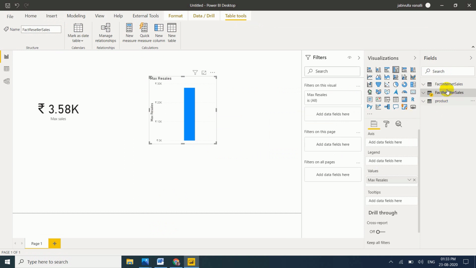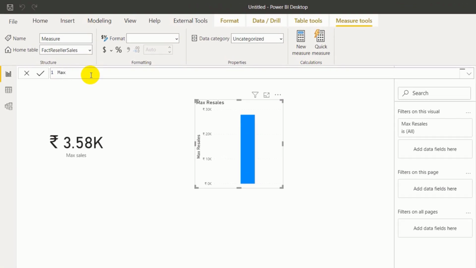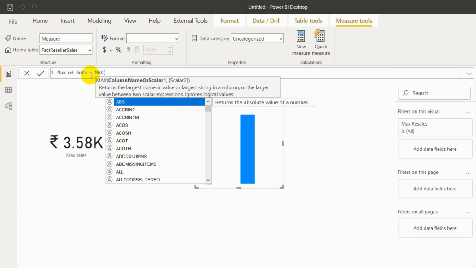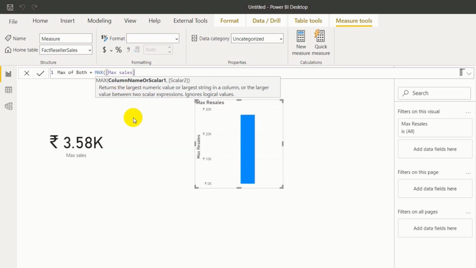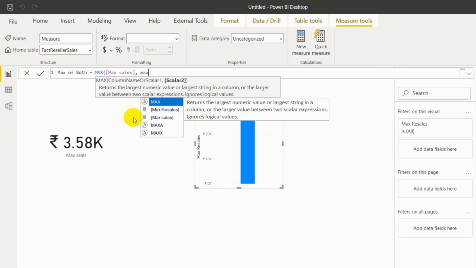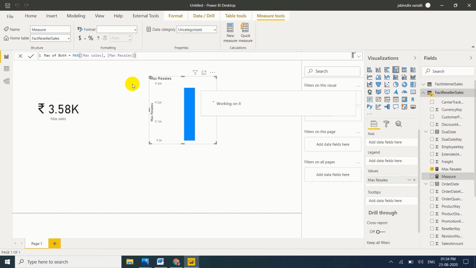So I am taking a measure equal to MAX of, first my measure name MaxSales, right, comma MaxResales. So my measure is created now.